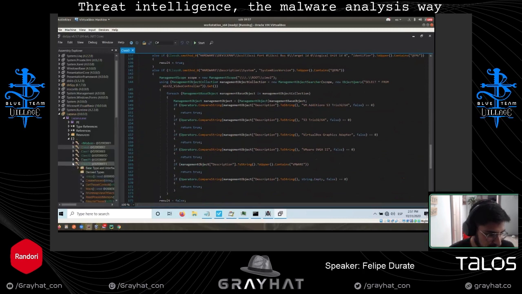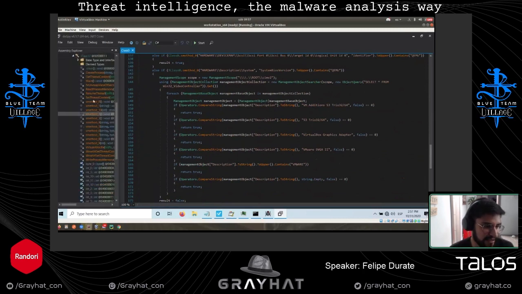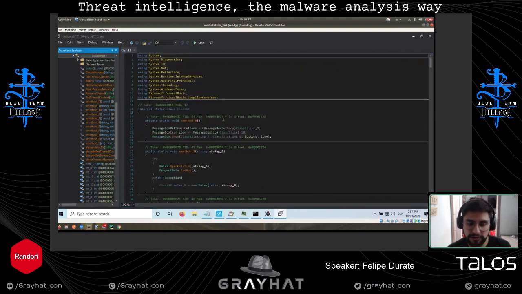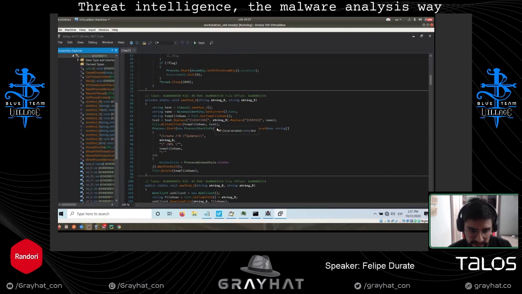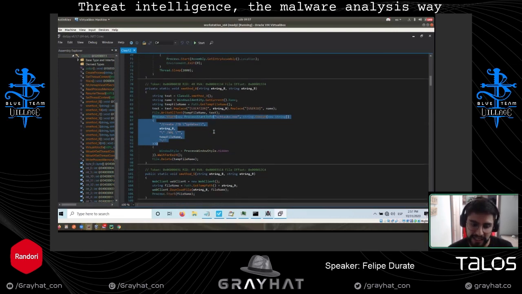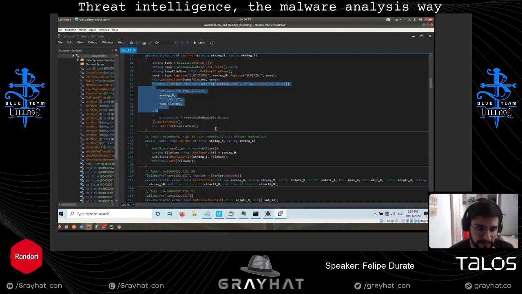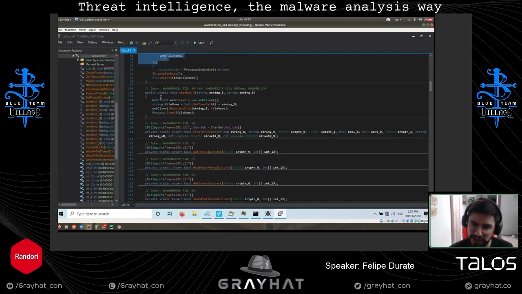We can go directly, I don't remember, yeah, it's this one. You can go directly to this code and you will find first, remember that when we run the process, there was a task. Yeah, this was the file that creates that new task. Basically, actually, if you see here, it can download files.